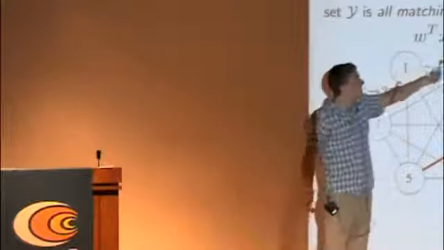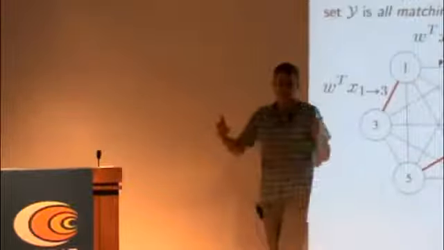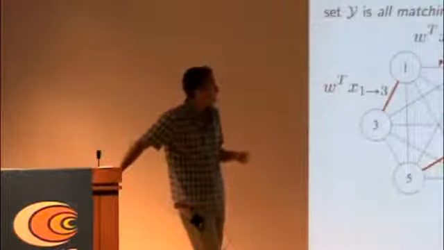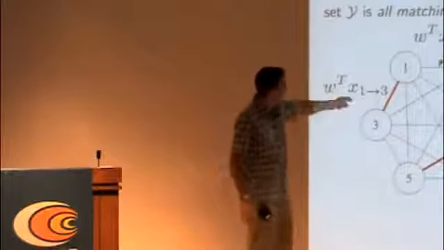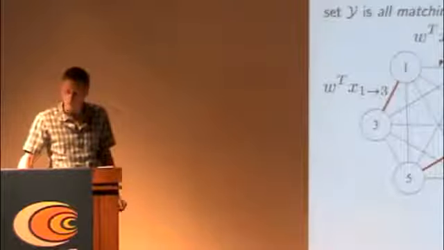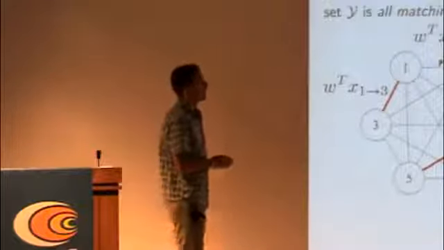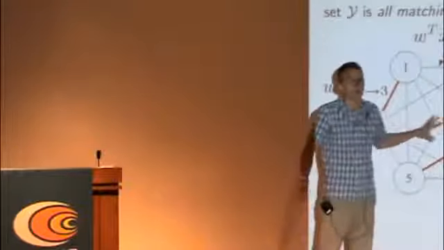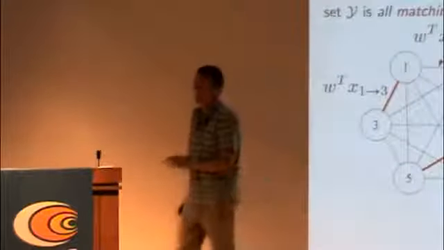So we're going to assign features to edges, which are something like the neighborhood of the cysteine or different chemical properties of the protein. And we want to assign weights so that when we take the inner product of our features on our edges and the weights, the maximal matching in this graph is equal to the correct bonding pattern of our cysteines.